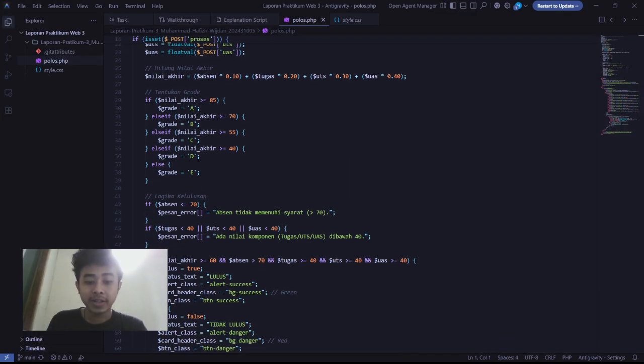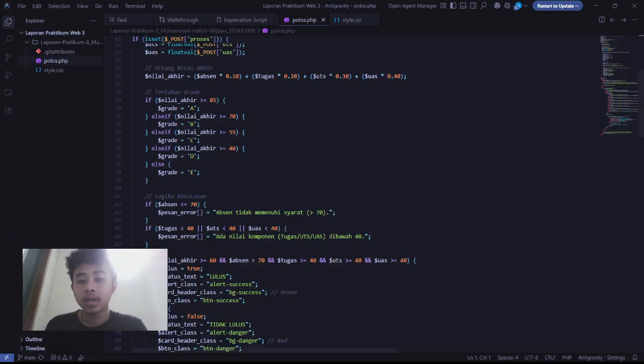Okay, for calculating the grade, in line 26 is the formula that I use. Nilai akhir is equal to absen times 0.10, tugas times 0.20, and so on. This matches the requirement: 10% attendance, 20% test, 30% UTS, 40% UAS.